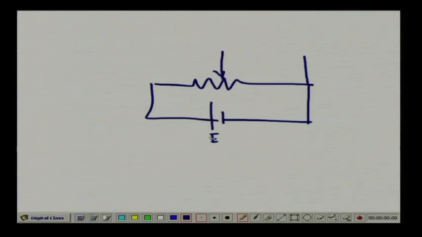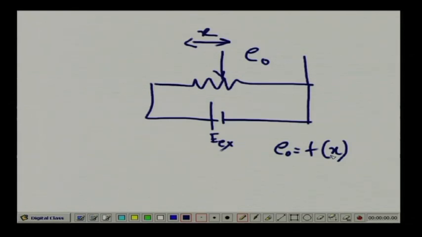Suppose this is the voltage E naught, and the supply is Ex, the excitation voltage. Obviously, you can see that if you displace it in this direction, suppose by x, then E naught will be a function of x. If x changes, E naught also will change. So in this case, this is a displacement sensor, and I need an excitation voltage here. If you do not give the excitation voltage, my potentiometer obviously will not work, and I will not get any output voltage. So this type of instrument we should call an active instrument